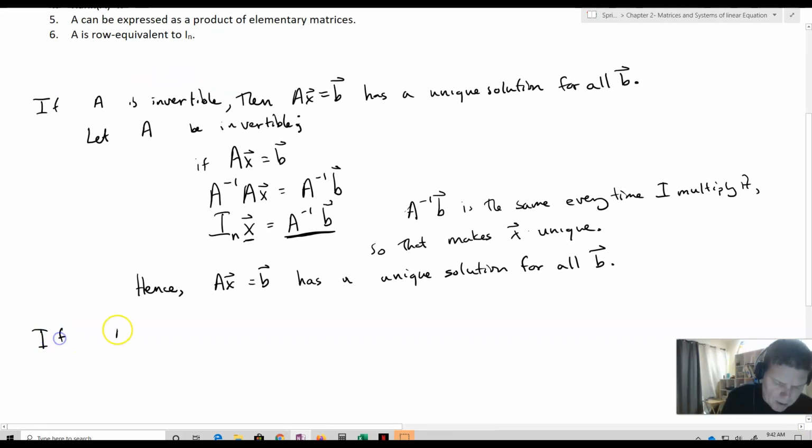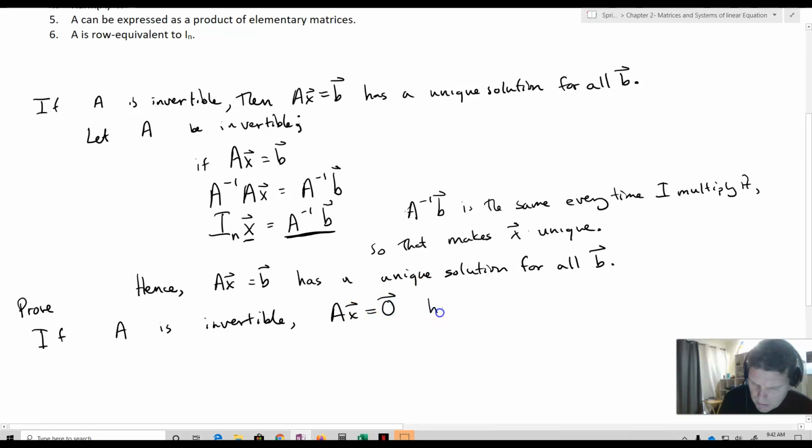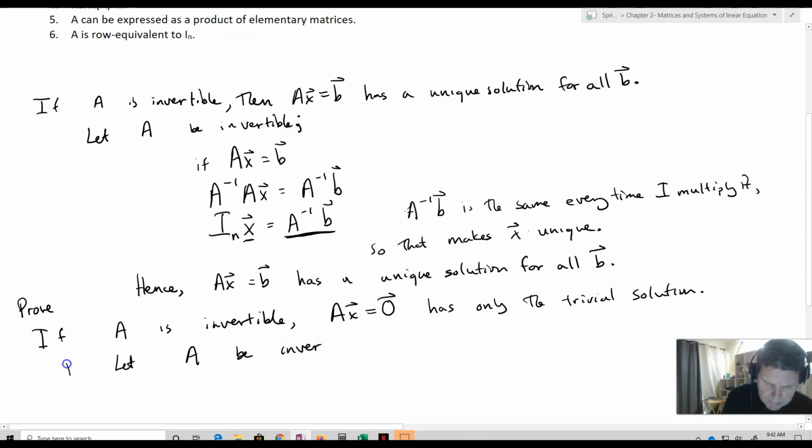A is invertible, we want to prove AX equals 0 has only the trivial solution. So the first thing that I'm going to say is that we're going to let A be invertible. So we're going to state that first. Here's our proof. Then